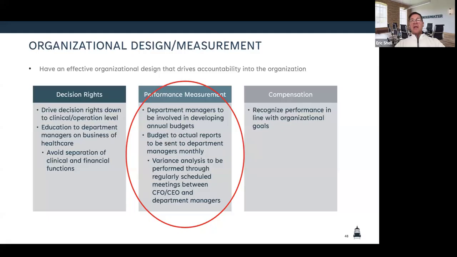And so effective organizational design in an organization that pushes decision-making down into the organization, such as healthcare, has to have a measurement system that is effective. And I see hospitals in which there's often an absolute absence of performance-improving information shared throughout.